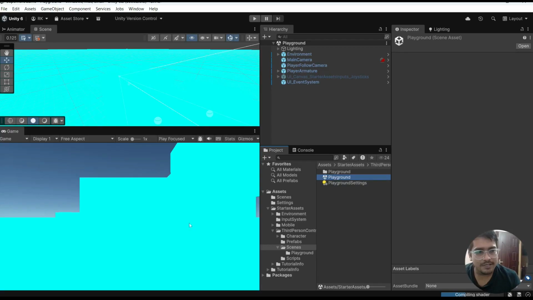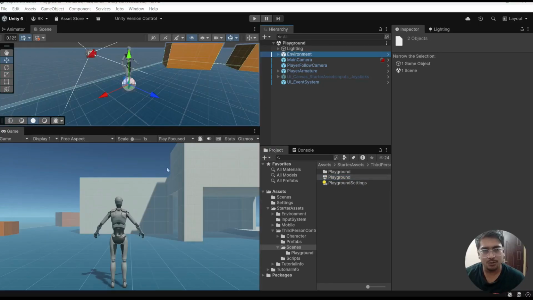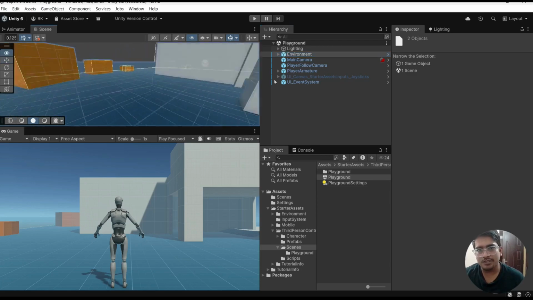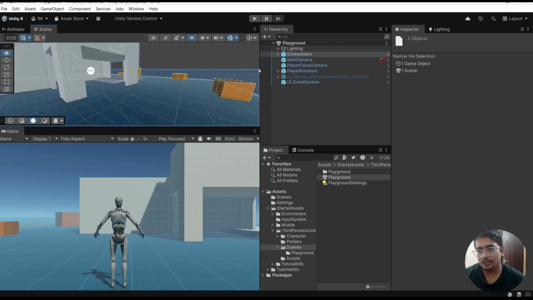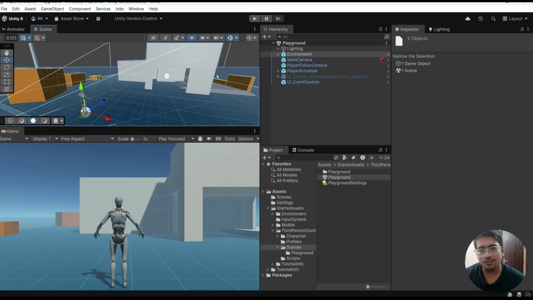And this is basically your template already ready with all the player input handling, animation, environment, and everything. It's already ready and it's given for you to use as a template. So as you can see, the project is now loaded. You can check the whole environment here and the player. So if I press play,